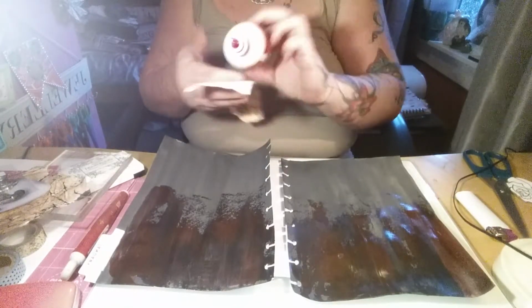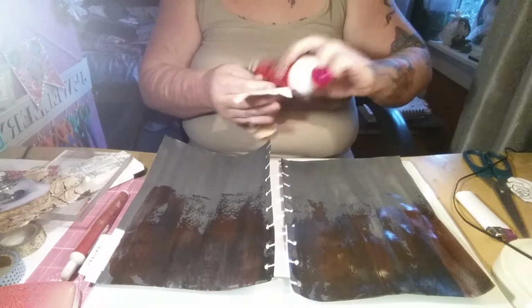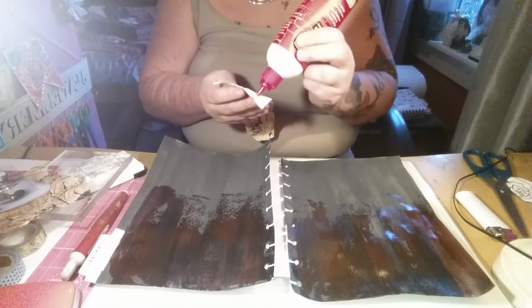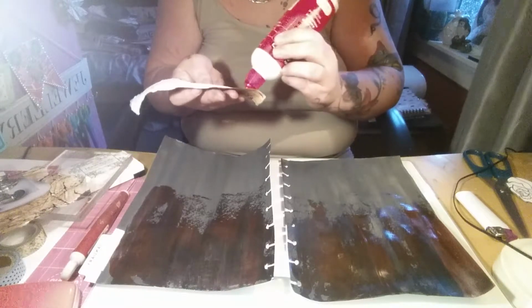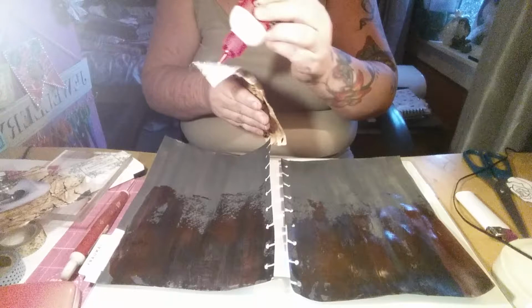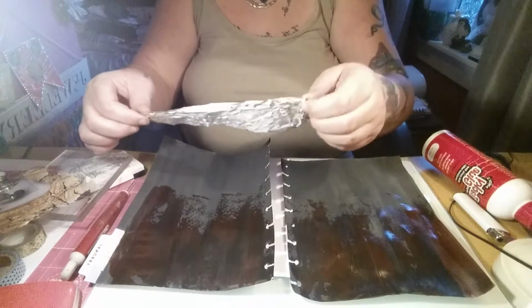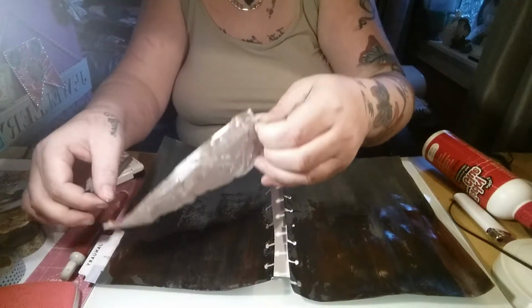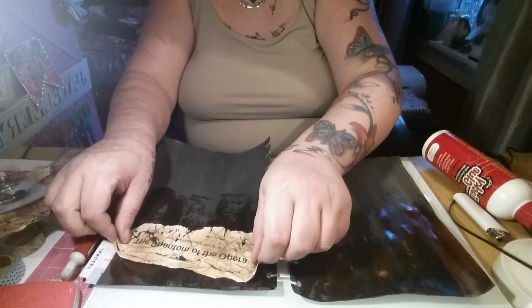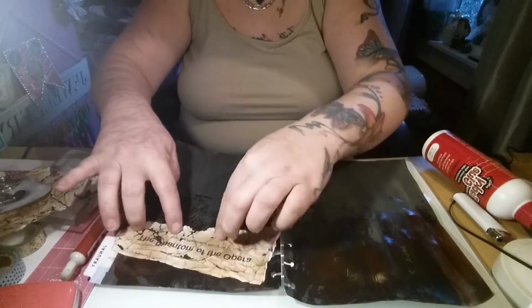So I want to stick this down. I'm going to use my Anita's tacky glue. Let's make sure it's open first. And just pop some on here, just roughly so that we can stick this down. Okay. So I want this kinda, now it's going to be too big for the page, so I need to rip some more off, and I want to have this kinda on the top here, so we'll just stick that down